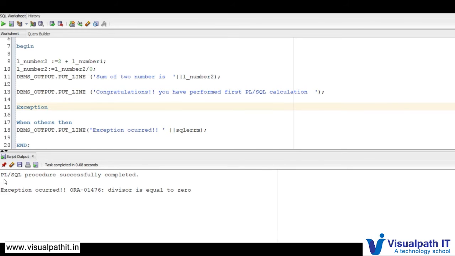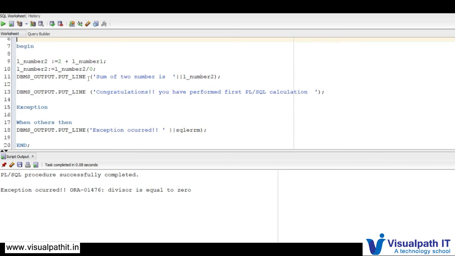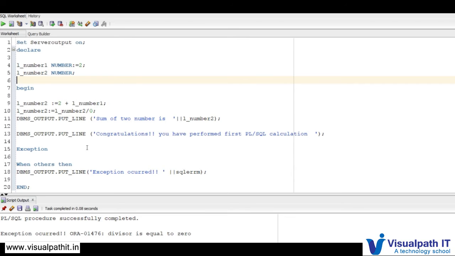Although it is successfully ended, it has some runtime exception which we should remove. So this was a very basic PL/SQL anonymous block, just to give you an understanding of how it works with or without an exception.